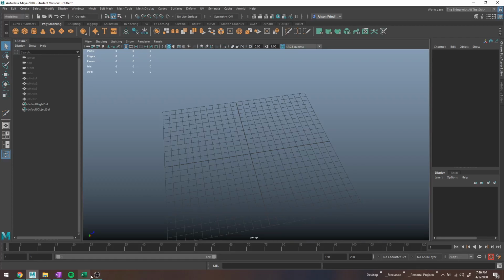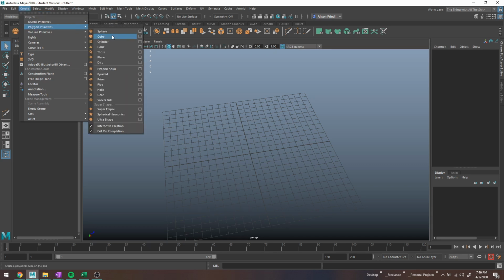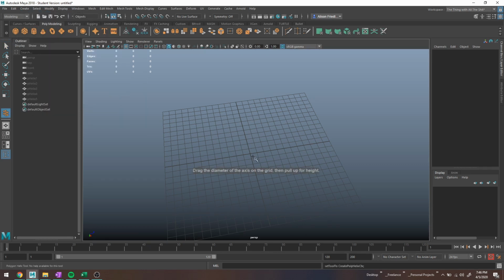Alright, so I'm going to go over really quick how to make threading for stuff like screws or water bottles or whatever. In this case, you'll probably need it for your pens if you're taking my CGI class. But what you're going to want to do is start out with a Polygon primitive Helix. So under the Create menu, Polygon primitive, Helix, drag the little booger out on your grid, and then just set